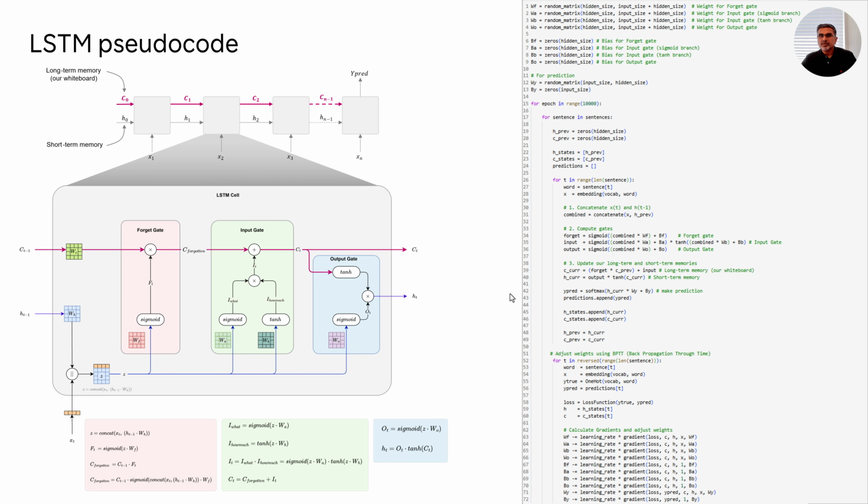Okay. From this, you would make a prediction. And you store that prediction. If you're doing just sentiment analysis, or predicting the next token in a sequence, you really don't need to store these intermediate predictions that come out of each time step. You only need that when you're doing language translation, where each word needs to be translated into a corresponding word in a different language. Only then typically you store the individual intermediate predictions. Otherwise, you're only interested in the final prediction. Anyway, here I'm just storing it as an illustration.